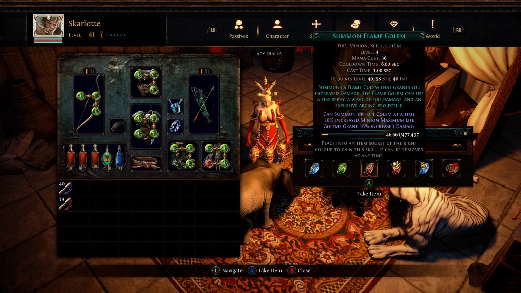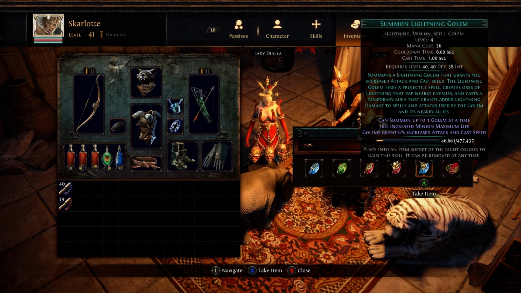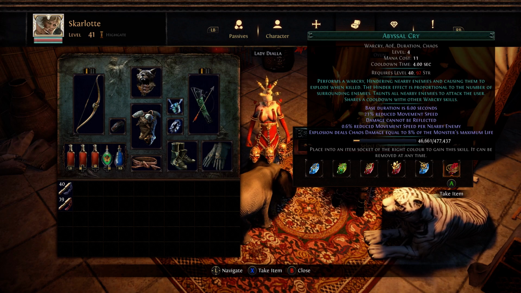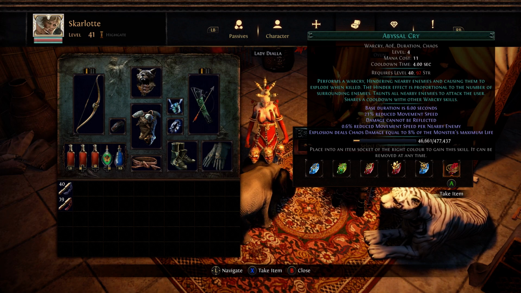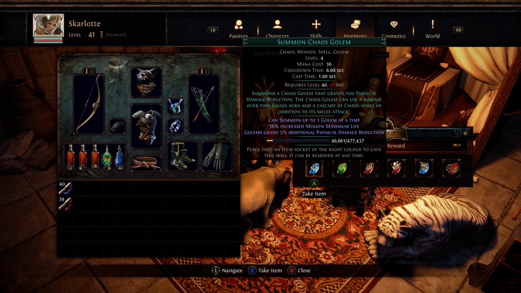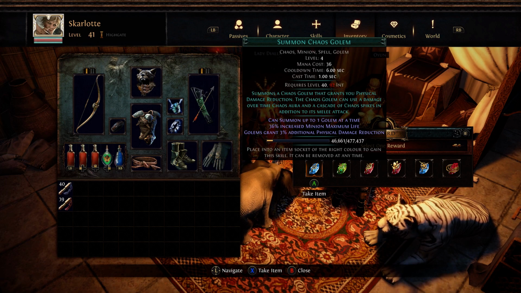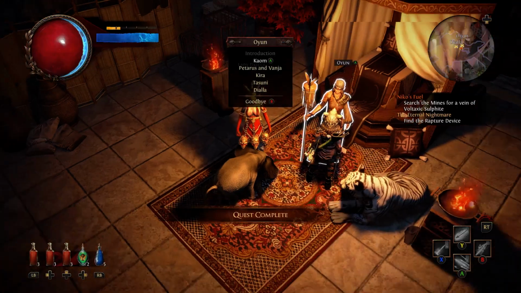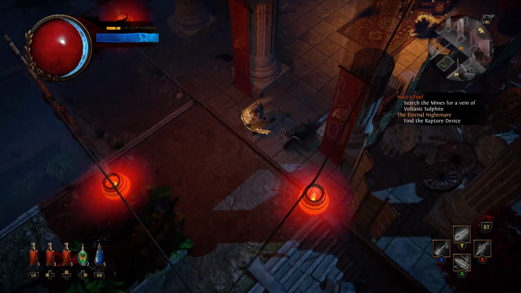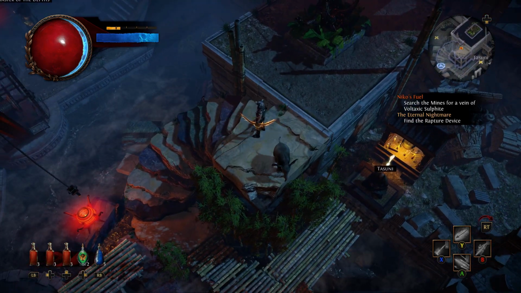Flame Golem. Well, we don't have any red points that we're going to use. Stone Golem. Lightning Golem. Abyssal Cry. Performs a war cry, hindering nearby enemies. Well, I think the logical one's the green one. Otherwise, I'm not going to use it, am I? Well, we could give it a try instead of the...